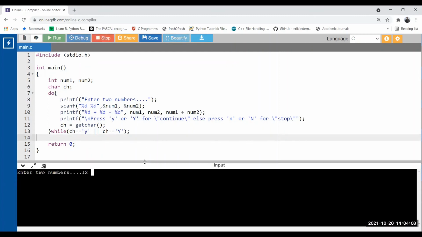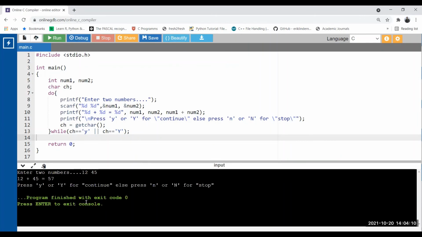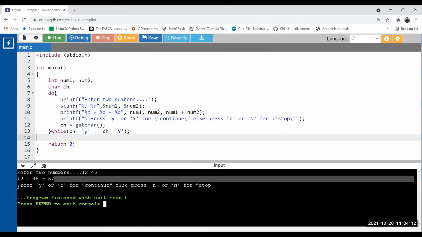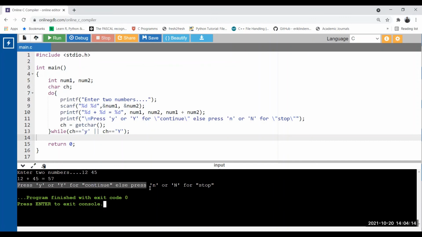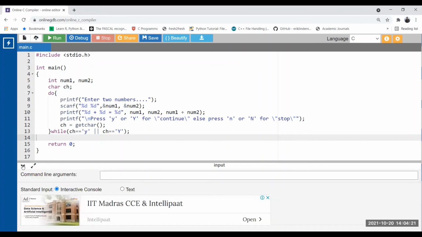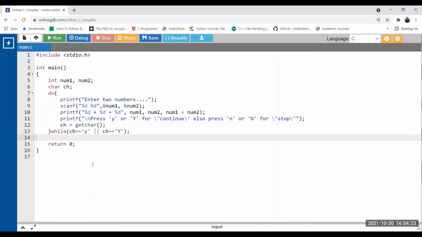Waiting for the input. First time it executed. Second time it is printing the message, press Y and N for this purpose, but it won't wait here for input. This is the problem in C programming especially. Whenever you combine input of integer, at line number 9 I have taken input for 2 integers, and at line number 12 I have taken input for 1 character. So when we combine integer and character input in C programming, you always face this issue.